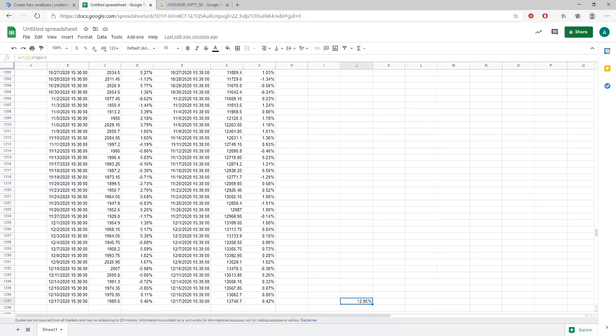13%, right? It's crazy, because it went down like 40%. Now overall we are up for the year, which is a crazy thing. But anyway, this is how we calculate the 1 year return. So the return can be calculated for any time period in this particular way.